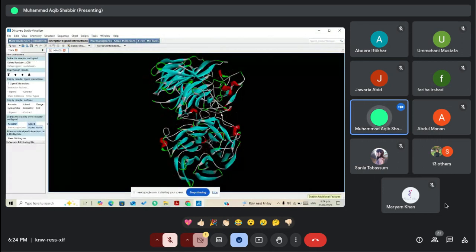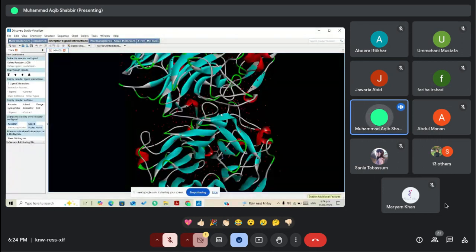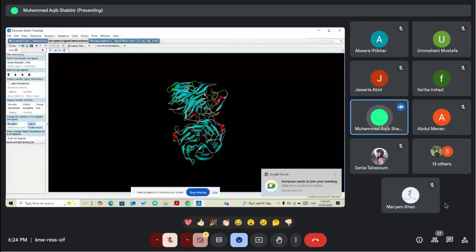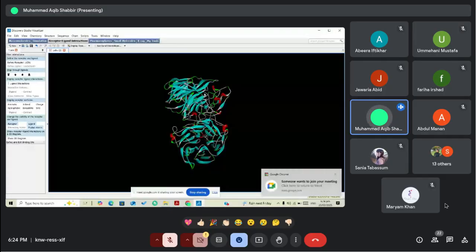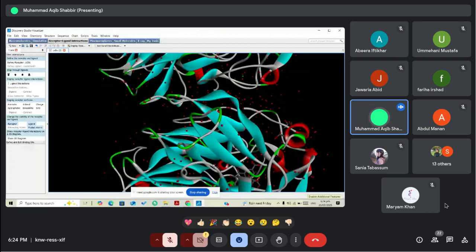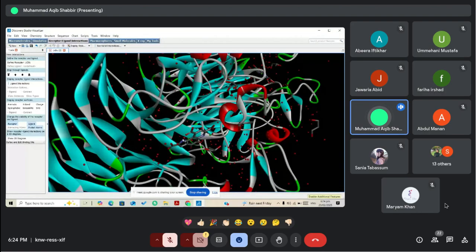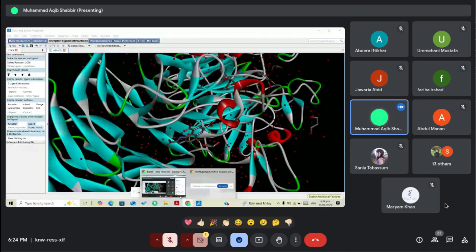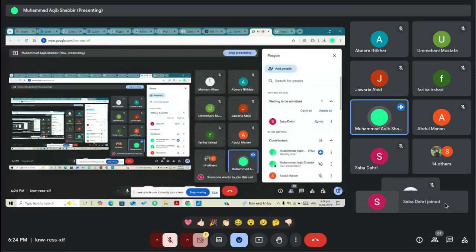So you can see the protein receptor here, as there are some red dots in it that are basically water molecules, and we will see that there are some other natural ligands that are present in this receptor here, you can see. So we need to remove them for refining of this protein and purification of this protein. So for this purpose, first of all,